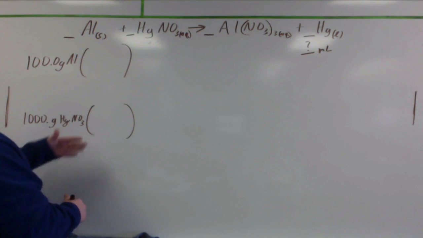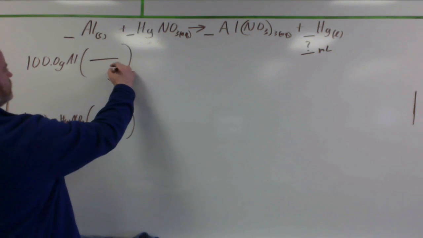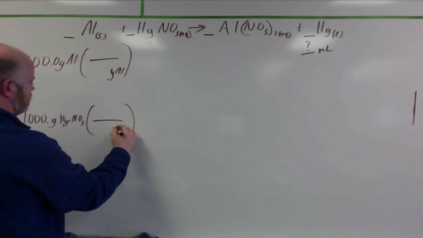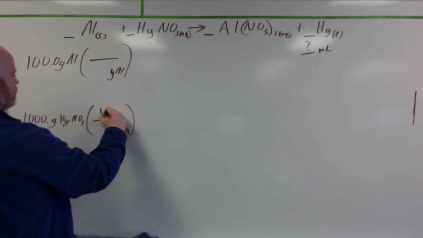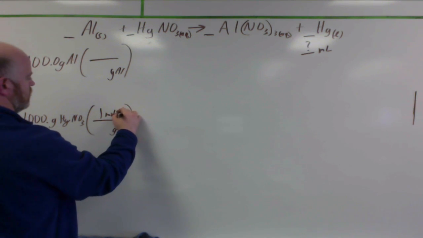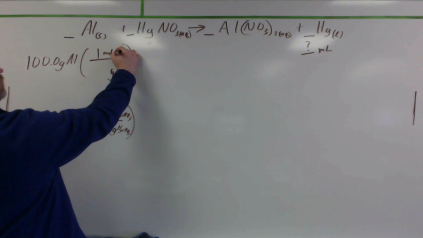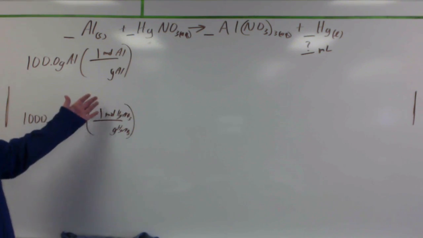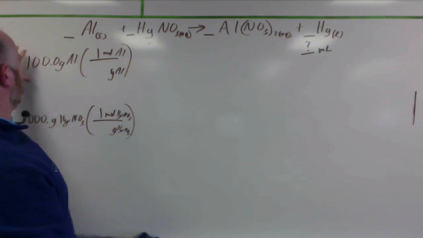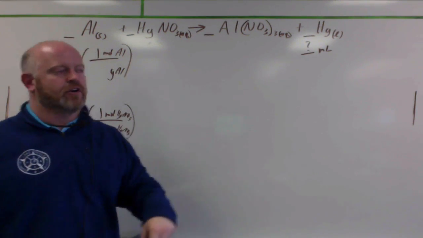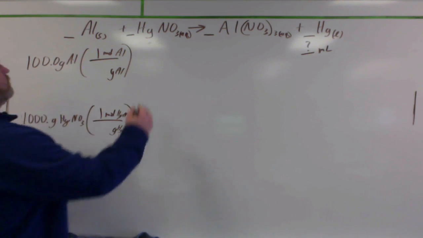So our first step for each one of them is to go from grams to moles. And then work our way through the mole bridge, grams, and so forth. So I'm going to do all of the aluminum one first, now that we got it started, and then I'll come back and do all of the mercury nitrate one next. So our next step here